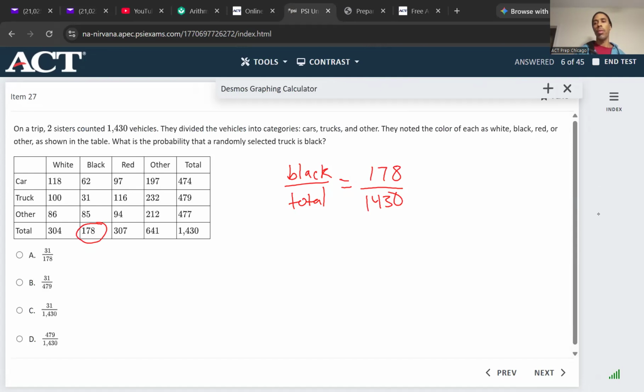I was just checking, because sometimes when the answer's not there, you want to think that you're doing something wrong, and a lot of times you probably are. But